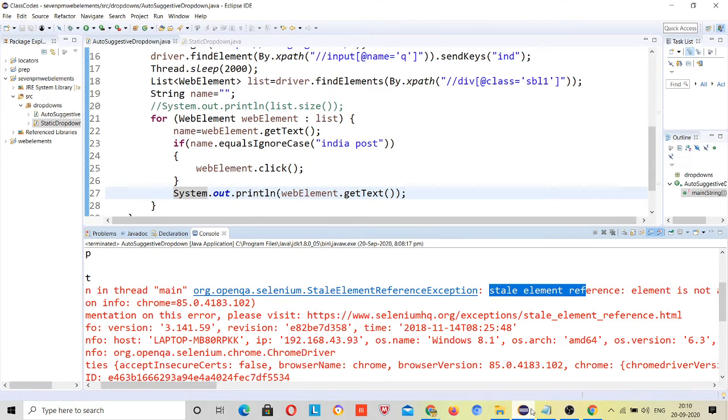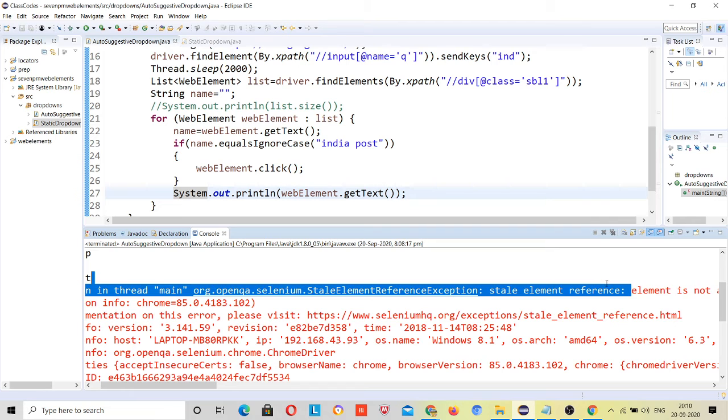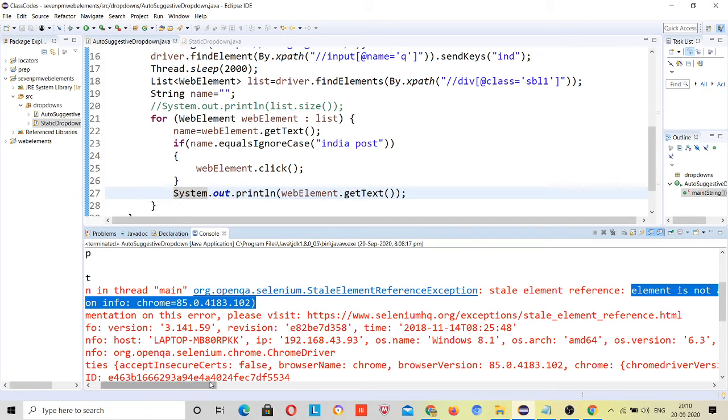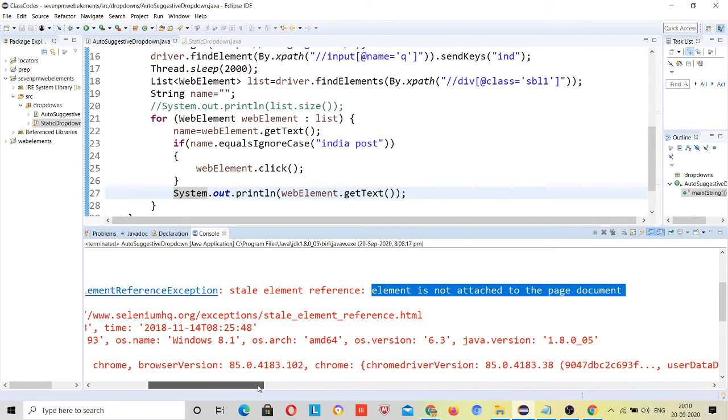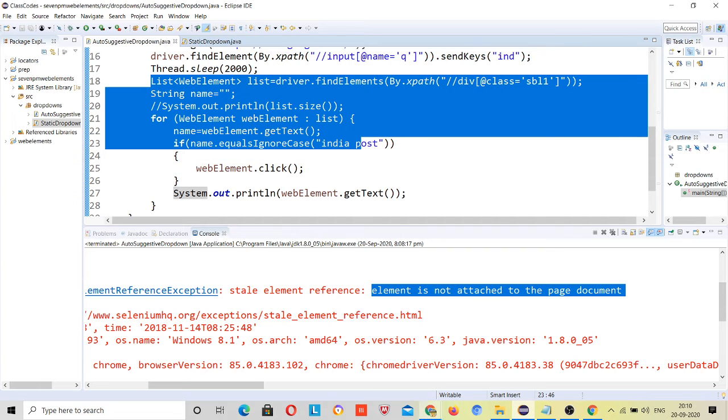That's why it said to me that stale element means the false element is not attached to the page. See how powerful it is. It knows that this element was present in the previous page, just by taking reference of its previous code. Selenium is too powerful.